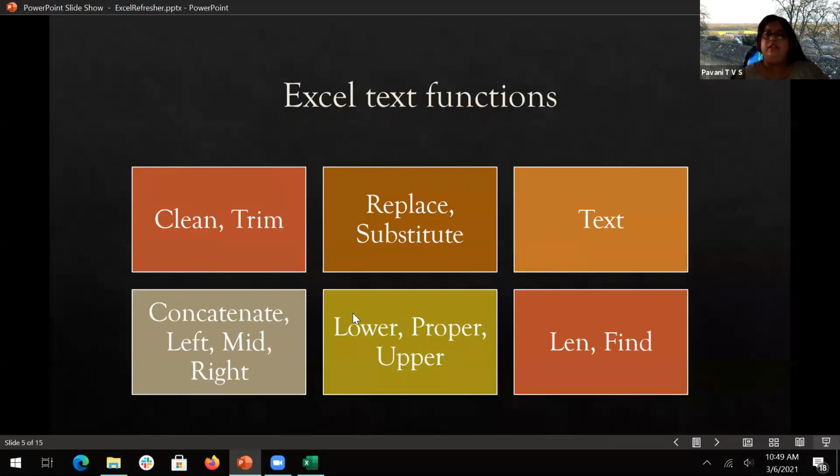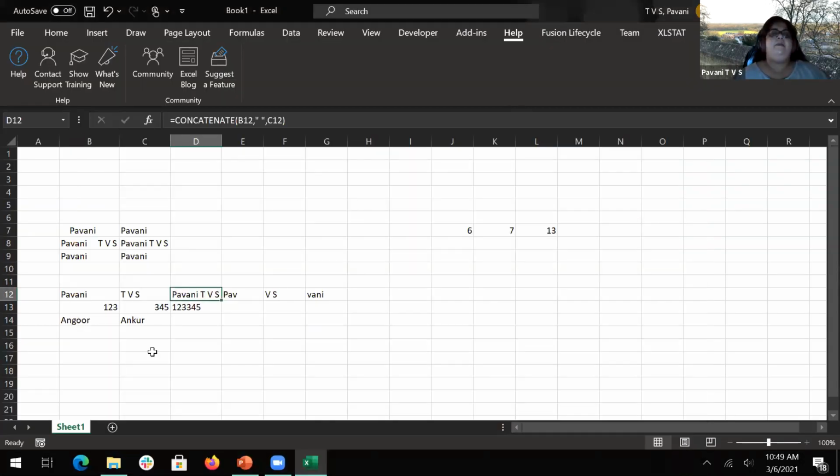And lower, proper, upper. Say if I just give my name like this, I want to make it clean, proper. In English, proper means giving it in a proper way, where the first letter would be capital and the other letters would be small letters.